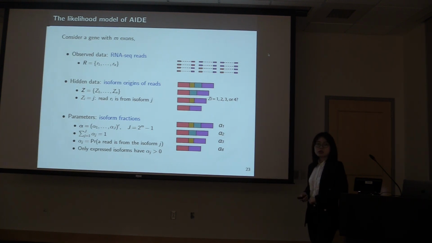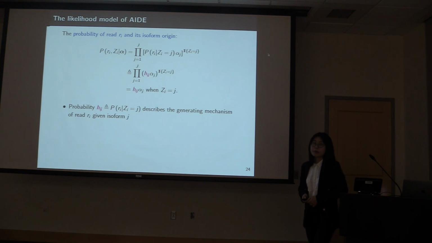But we do not get to observe this information from the RNA-seq data. Our parameters of interest are isoform fractions, which are denoted as alpha J's, and they sum up to 1. In the problem of isoform discovery, our main goal is to identify the truly expressed isoforms whose isoform fractions are greater than 0. Based on this setup, we can derive the joint probability of one read Ri and its